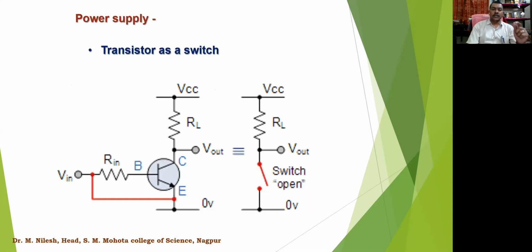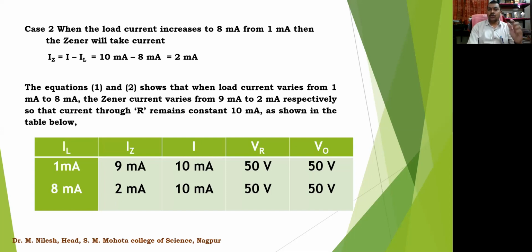So this is how a Zener diode is used as a voltage regulator, and how it regulates the output DC voltage to a constant level, and how the current is varied accordingly, so that the output voltage remains constant. So these are the two conditions, line regulation and load regulation, and each time you are able to see by these equations that the output voltage is always remaining constant, which implies that a Zener diode can be used as a voltage regulator circuit, right?